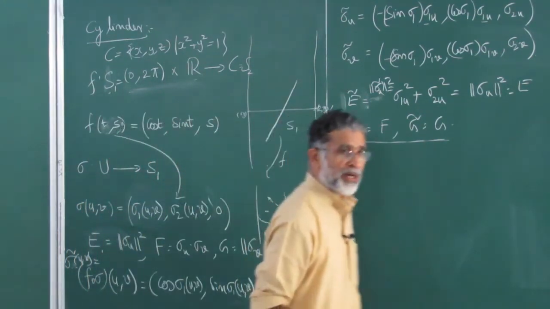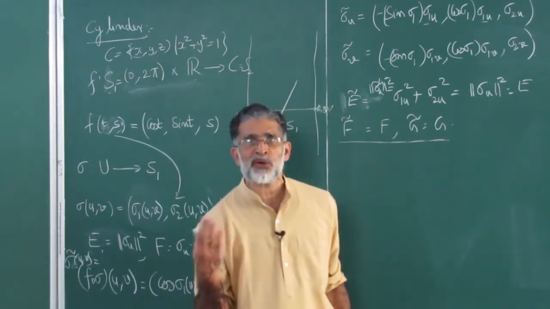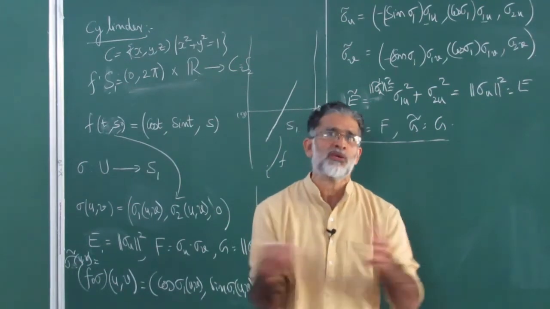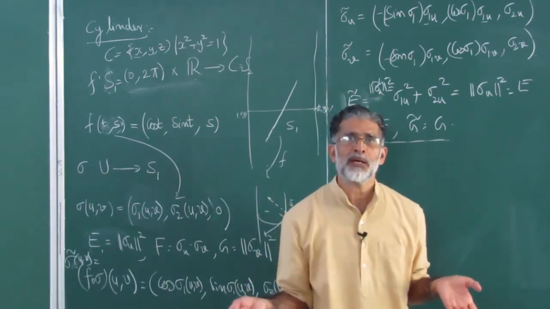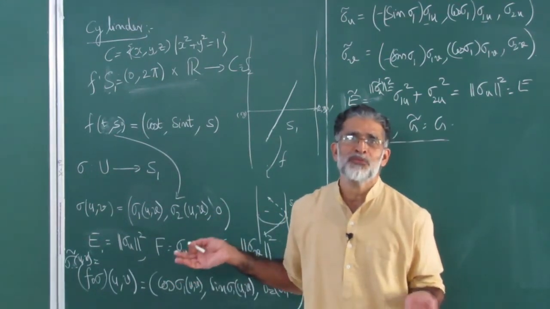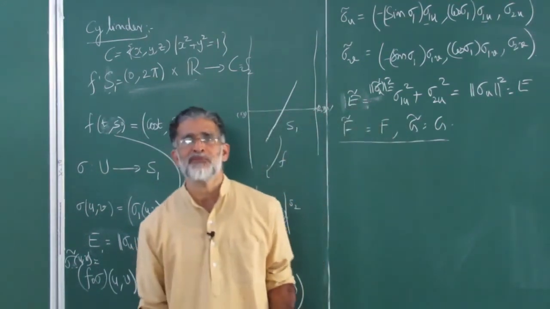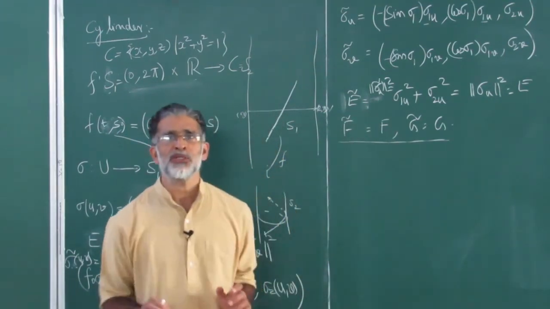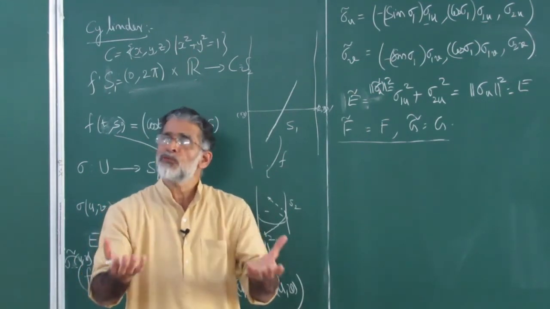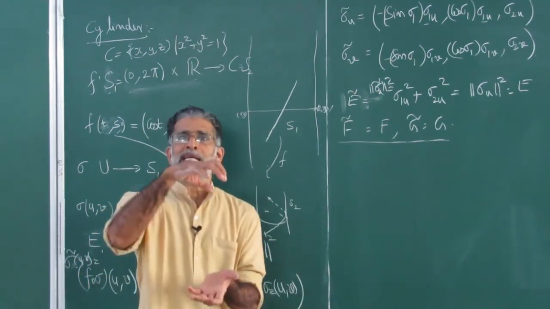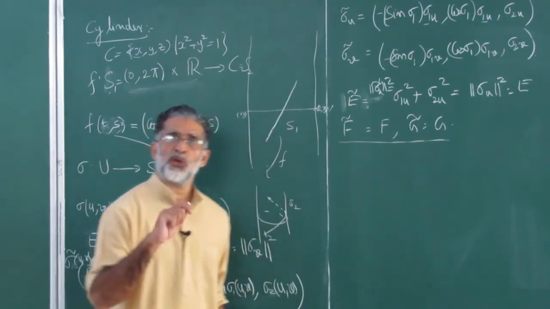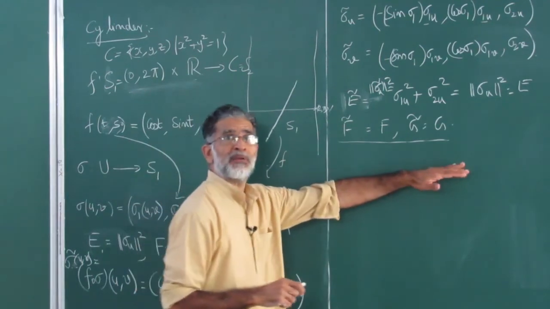So that's why this example is very nice. But let me also caution you that not every surface works. For instance, with a sphere you cannot get an isometry with even any small part of the sphere, with an open subset of R2. In the standard form, you won't get it because you have to bend it, and while bending, the edge gets shrunk and the center gets expanded. So the distance changes. So you will never get it. But this one is very easy.